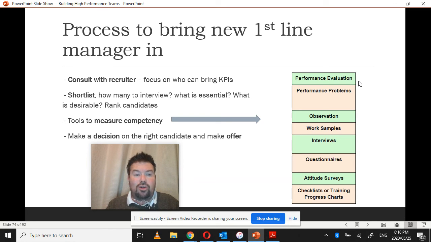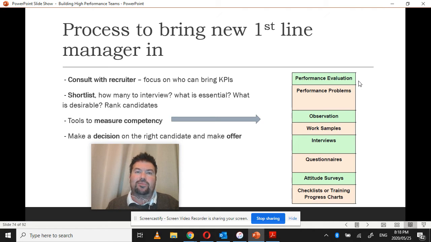We have something called work samples. So we ask them to put something together. We take a look at the quality and the speed that they were able to bring it together. And then we decide, okay, is that acceptable or not? We can have interviews. So that's one of the common ones. We bring them in, we talk to them, we have certain questions, and that becomes our interview. We have questionnaires that we send them beforehand about what they feel, their attitudes, their biggest weaknesses, their biggest strengths, what they found in previous jobs, and then we can make some sense of who they are and what they do. We have attitude surveys,